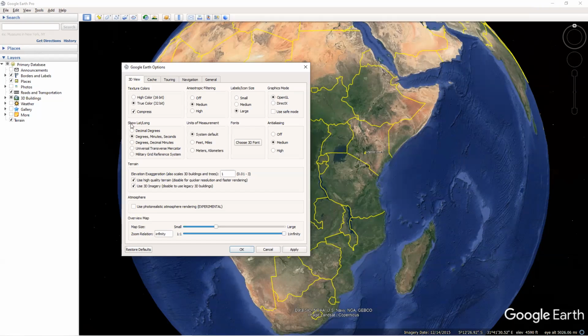Then it's asking us, how do you want your latitude and longitude to be shown? On this window on the left, under show lat long, we have decimal degrees, decimal minutes and seconds. You remember that we were looking at decimal degrees systems and all that. You can also choose to use a Universal Transverse Mercator. So let's just click on UTM, the Universal Transverse Mercator,